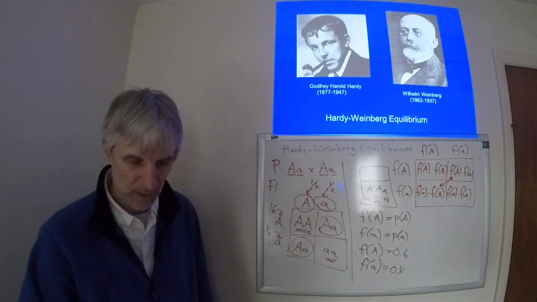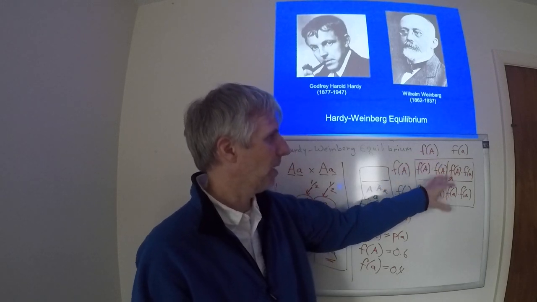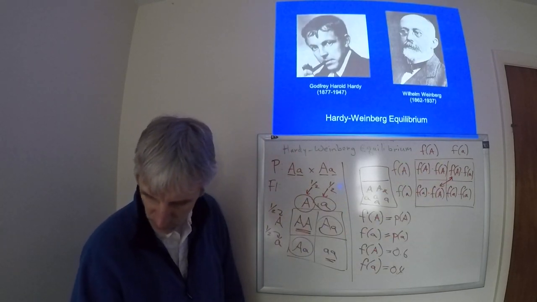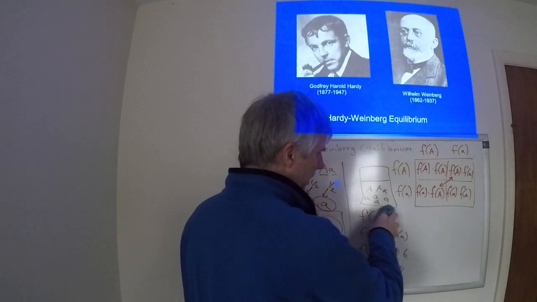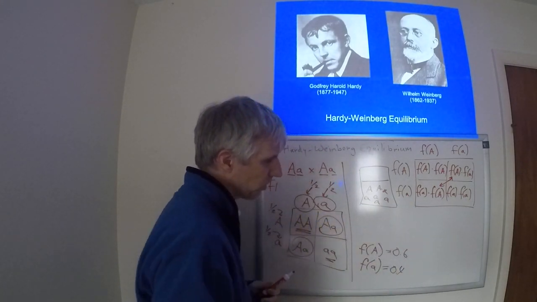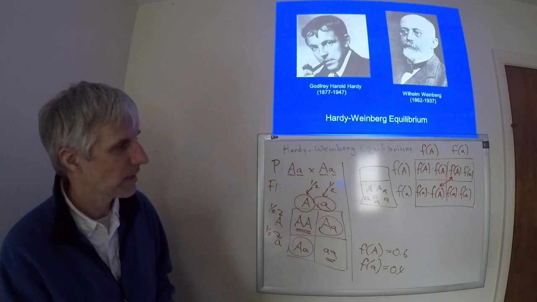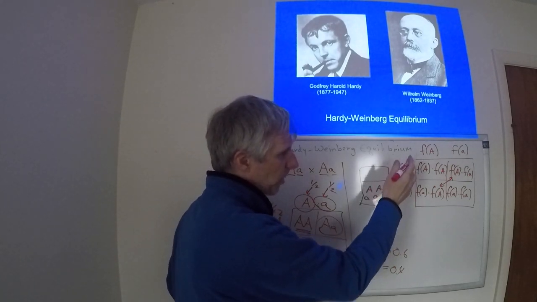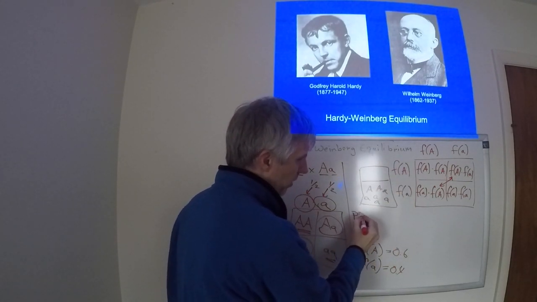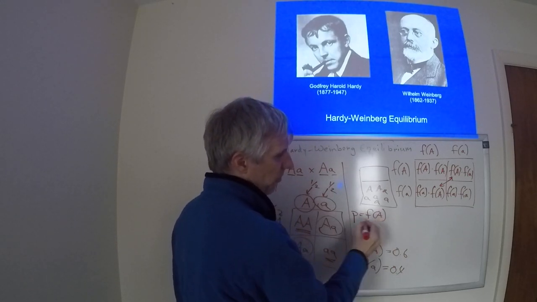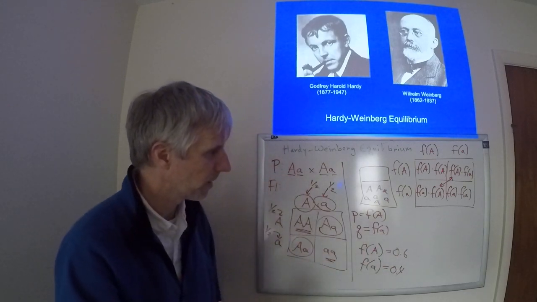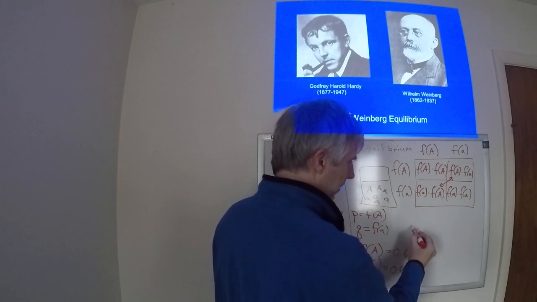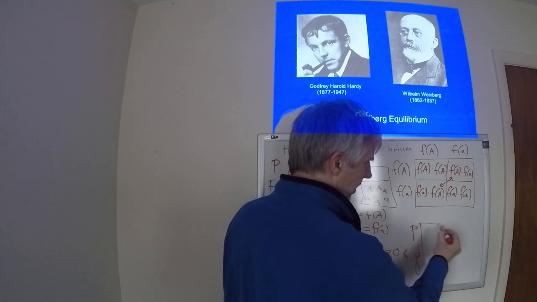Okay? Now, this mathematical language is not so much fun either, so what we're going to do is clean this up a little bit by just coming up with variables to represent each of these. So I'm going to say P equals the frequency of the big A, and Q equals the frequency of the little a. And that means that my Punnett square now looks like this.